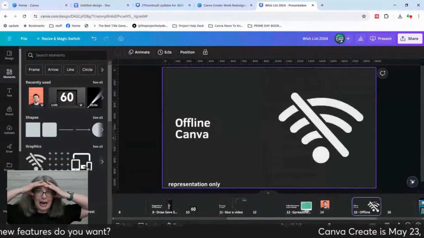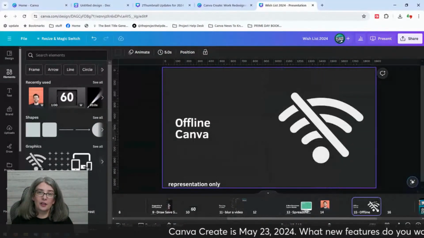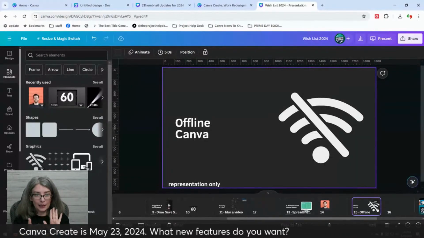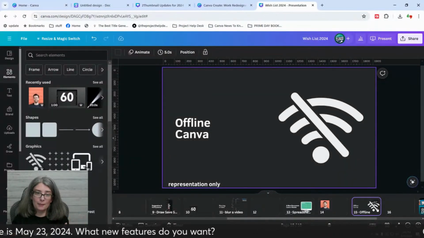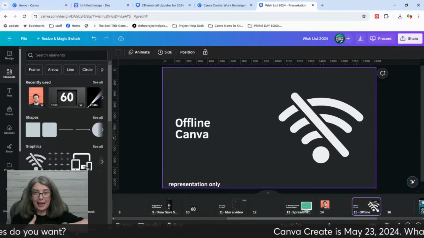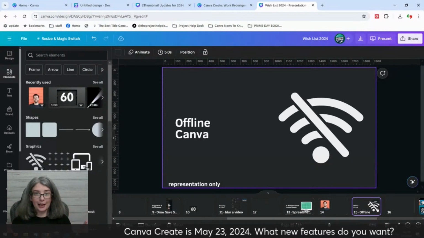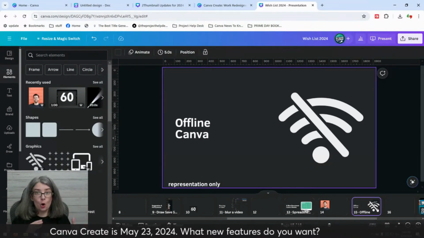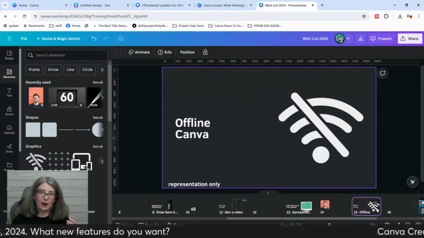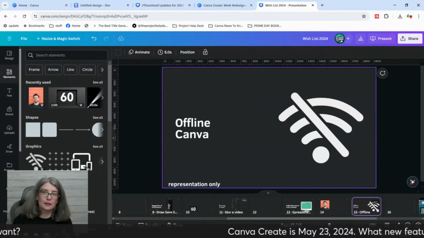The other thing that I would love for Canva to do is the ability to work offline. Canva is online based, I understand that. It's a website and everything. They love to be for everybody, but a lot of the areas of the world don't have internet access, so they can't really be for everybody if you can't access the internet.